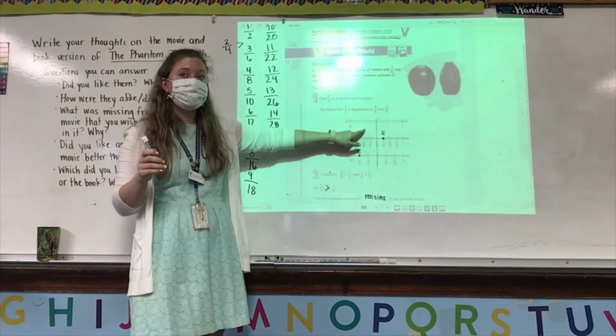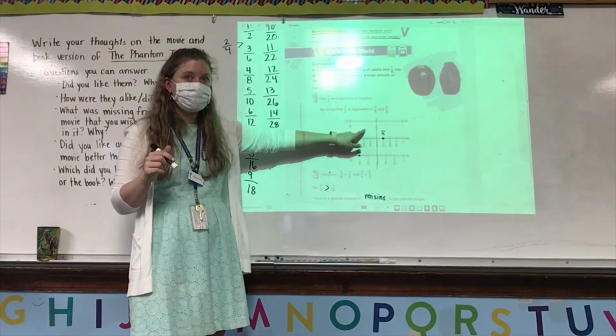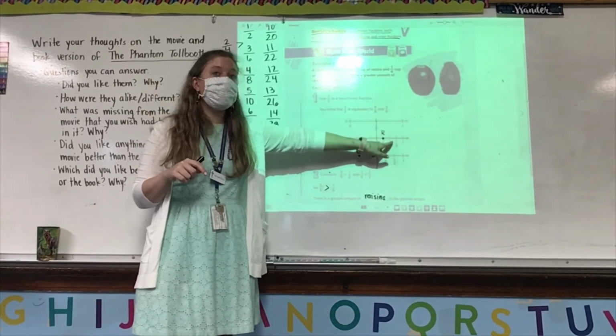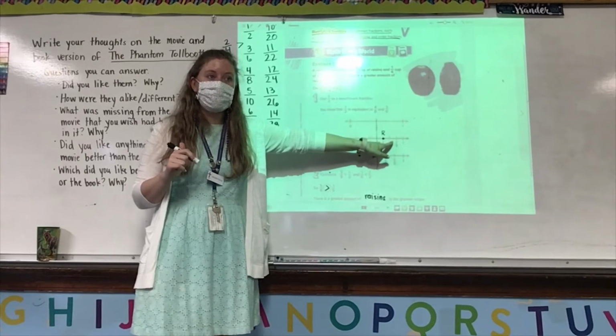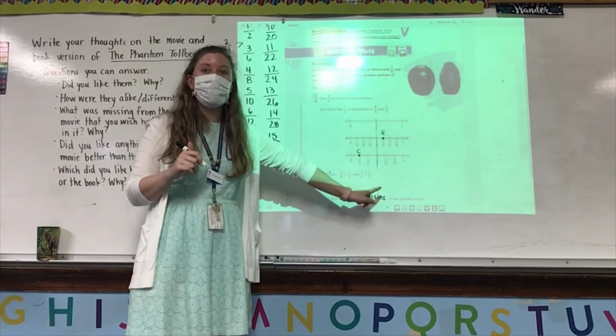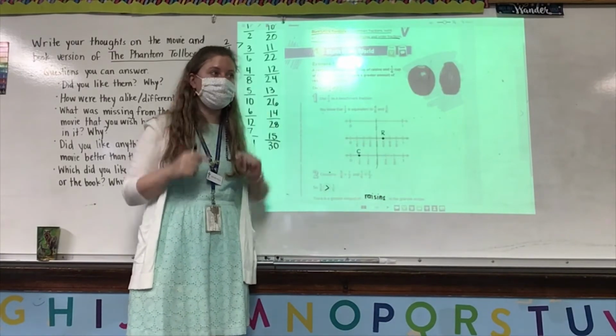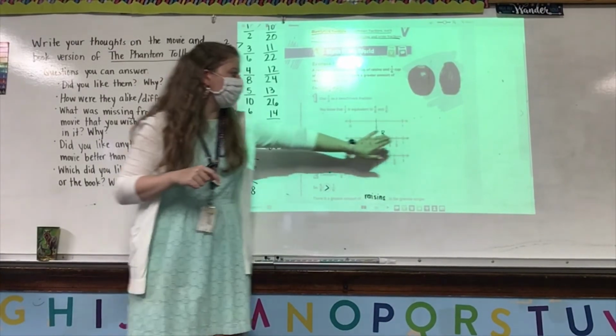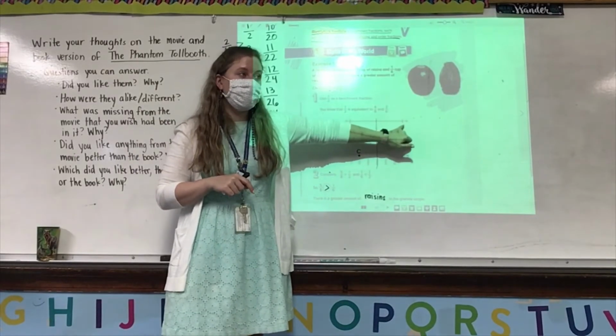If your fraction is to the left of the number line, it is less than half. If your fraction is to the right of the number line, it is greater than half. So use that halfway mark as a way to compare. If one is on this side and the other is on this side, then the one on the right is